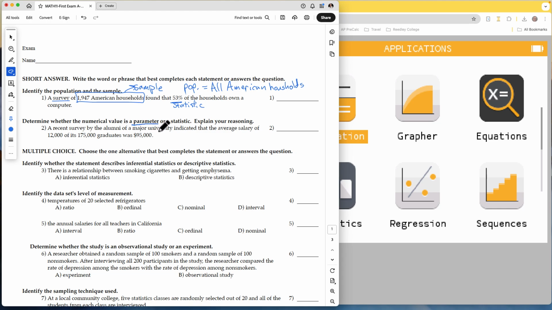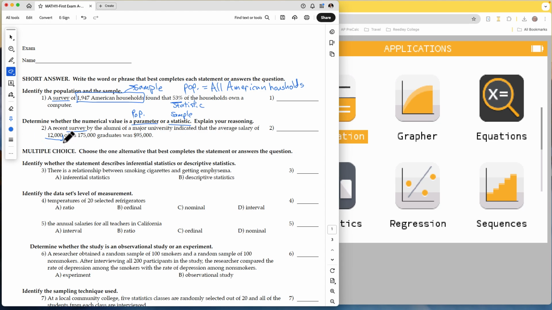The difference between a parameter and a statistic is where the value comes from. Parameter comes from a population. Statistic comes from a sample. So as we asked here, a recent survey, and we want to stop on that important word. Since we're taking a survey, I'm going to guarantee you we have a sample here, as long as they're talking about that. A recent survey by the alumni of a major university indicated that the average salary of 12,000,